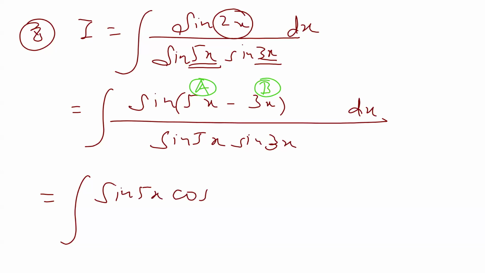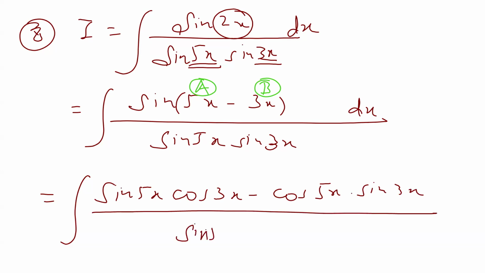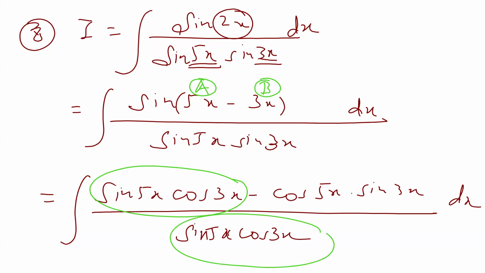Sin A cos B minus cos A sin B upon sin 5x cos 3x. Okay, so this upon this. I think this is sin 3x, I'm sorry. Yeah, so this upon this. Sin will get cancelled. Cos upon sin is cot 3x